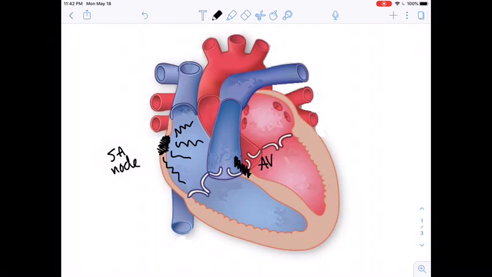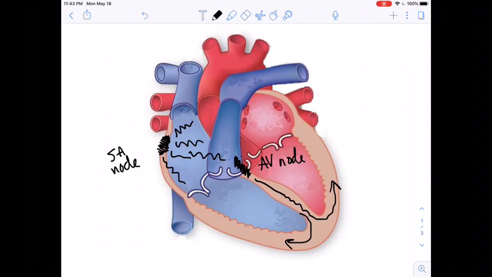The reason why it's called atrioventricular is because it lies just between the atria, the chambers on top of the heart, and the ventricles, the chambers on the bottom of the heart. So the atrioventricular node receives those electrical impulse signals and relays them down through this center muscle and around these to initiate another round